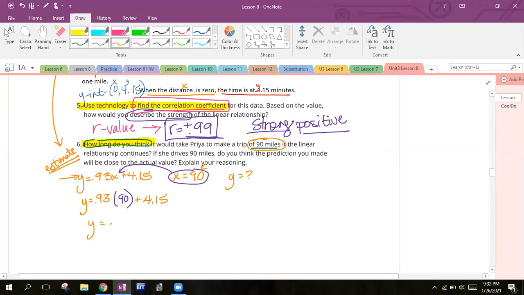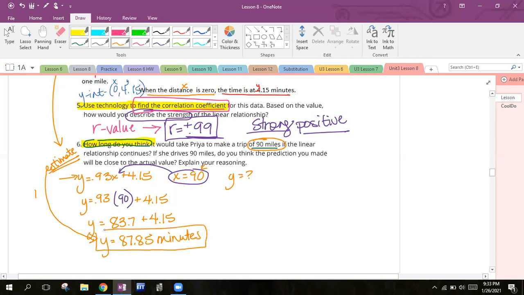So I have y equals, I don't have my fancy calculator with me, so I'm going to use my phone. So we have 0.93 times 90, which gives us 83.7 plus 4.15. So I'm going to add on that 4.15, and my final y value is 87.85. So this is my estimate. Don't forget, it's going to take about 87.85 minutes